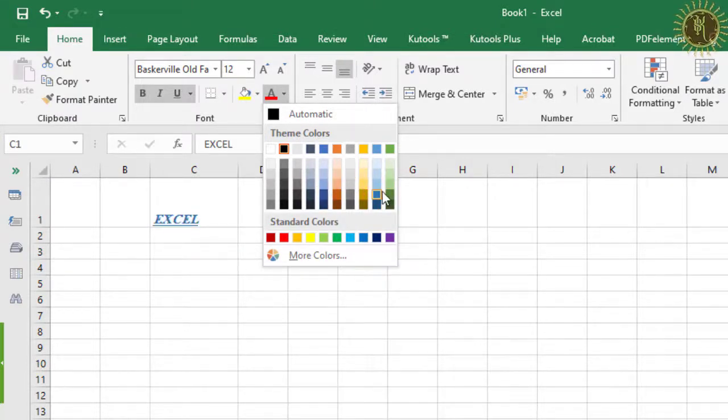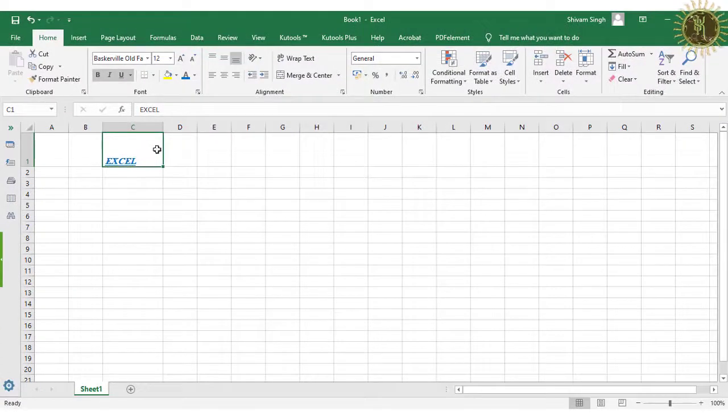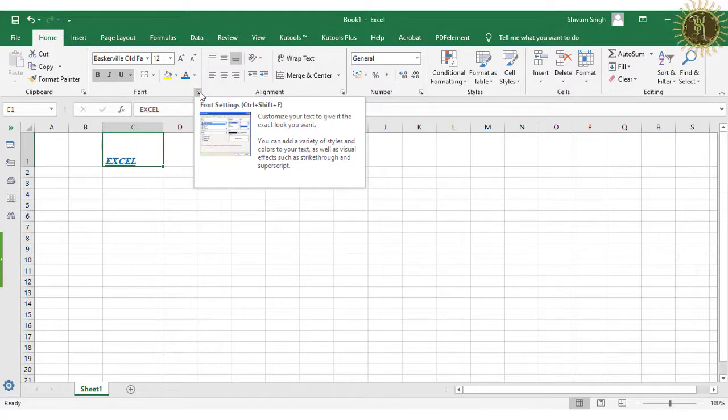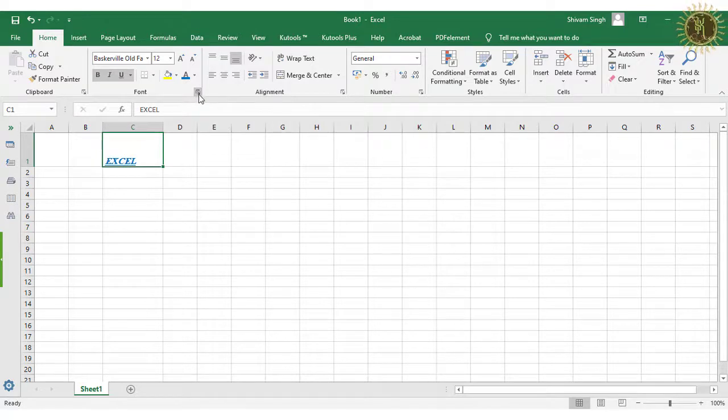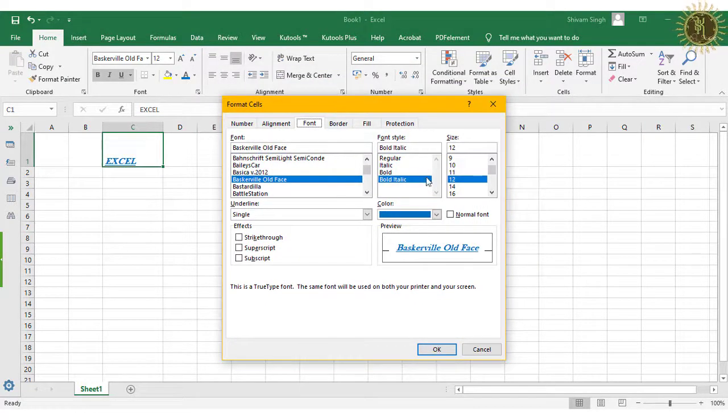Any of the color you can choose from here, like this, and the color has been changed. And if you want to do some more formatting related to the font, you can go to the font setting in this font group and click on this, and the Format Cells dialog box has been opened, and here you can see all the settings of